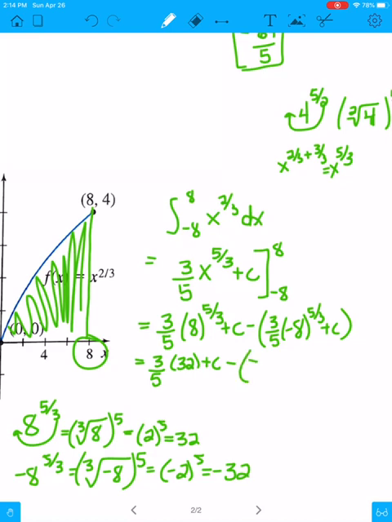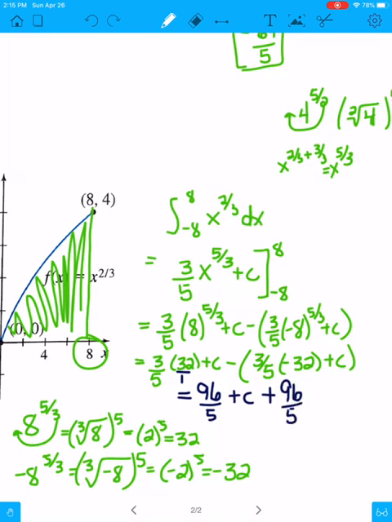So we're going to get 3/5 times -32 plus c. And so we're going to get 3 times 32 is 96 over 5, because 32 is just over a 1, so you multiply straight across, plus c, minus a minus 96 over 5, so we end up with actually a plus 96 over 5, minus c. And then the c's cancel, and I am left with 192 over 5,